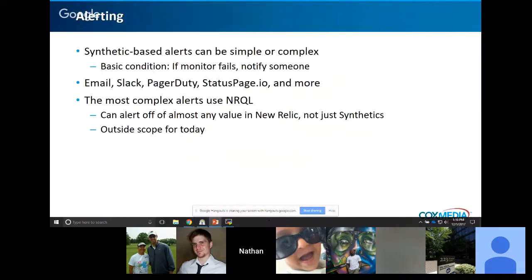Moving on next, we've got alerting. And my mouse over here is wrong. There we go. I think everyone knows what alerting is, so I'll be brief. You can, of course, fire off alerts on synthetic tests. The basic condition is, hey, the monitor failed, so let's sound out a notification. A failure in this case means that the synthetic itself returned or asserted false, timed out, or otherwise did not